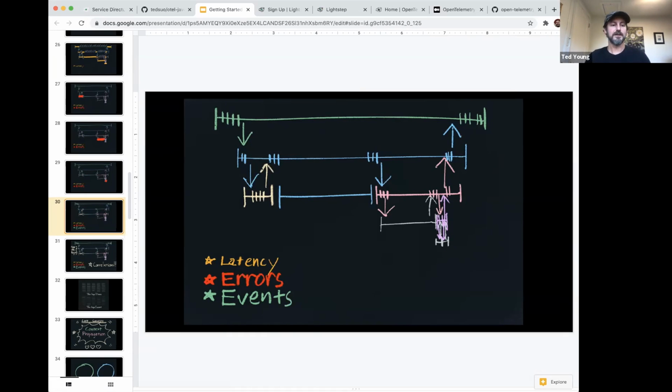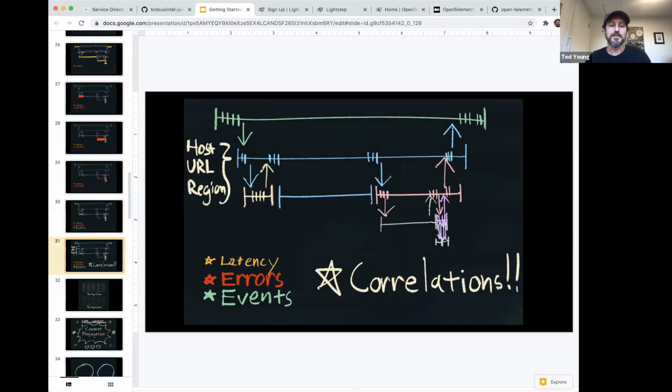I might have a certain amount of local context that I can attach to a log, like a request ID, but there's a lot of context that isn't necessarily available at the call site for that log that would actually be really useful information to index that log with. And so that's correlations. And these correlations are really what makes something like OpenTelemetry and distributed tracing, to my mind, fundamentally more useful than the traditional kinds of logging that you might do.